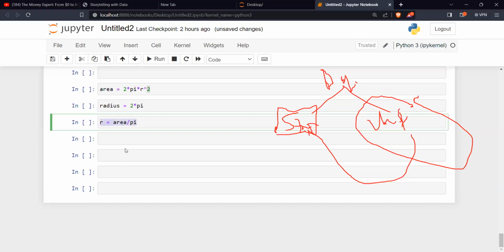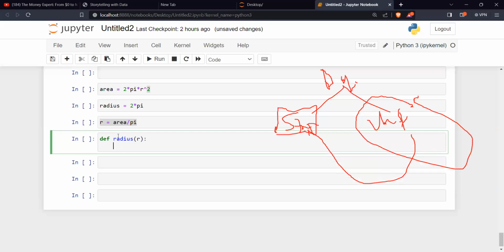So before you even do anything, you must first know how you are calculating it. If it was circumference you are calculating, circumference is 2 pi r, right? Normally, if you want to define it, let's call it radius. I'm looking for r, and maybe I have A, the area.